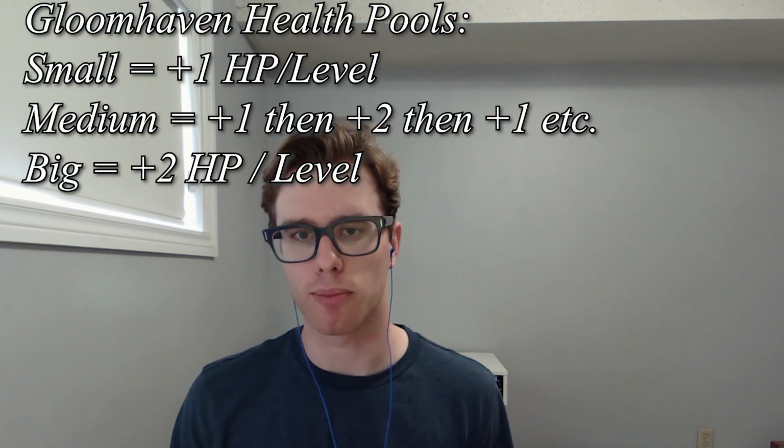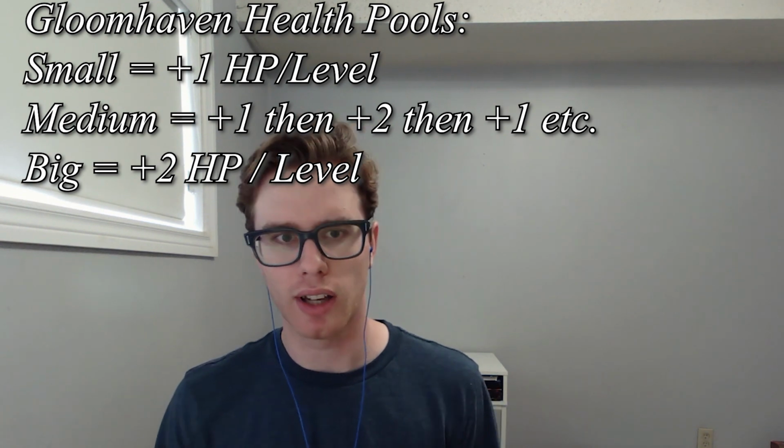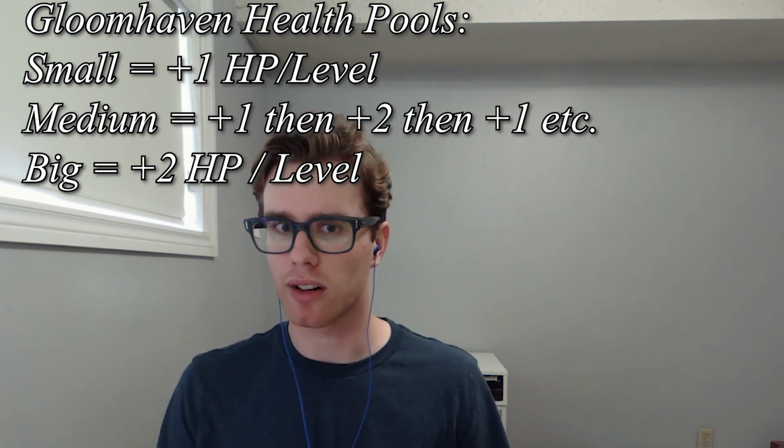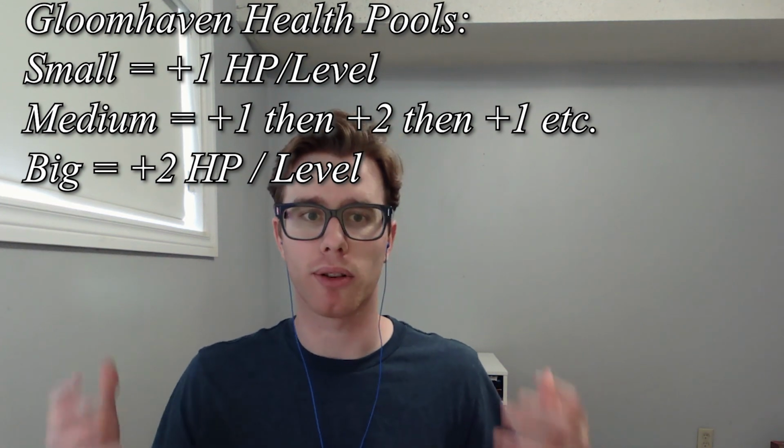In terms of what the Redguard is in Gloomhaven Jaws of the Lion, they are the tank of the 4 main characters. They have a big health pool, which in Gloomhaven there are 3 types of health pools, a small, a medium, and a big. The small just gains 1 hit point per level from their starting HP. The medium alternates back and forth between 1 and 2 per level. And finally large, which is our Redguard, just gains 2 hit points per level, giving them the most health possible